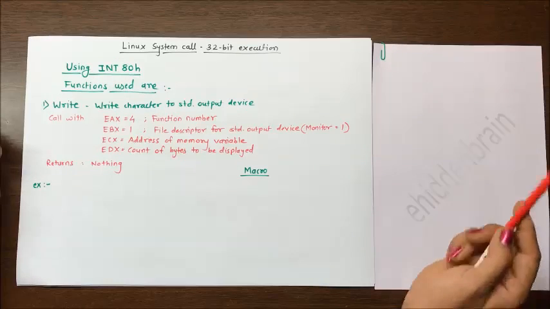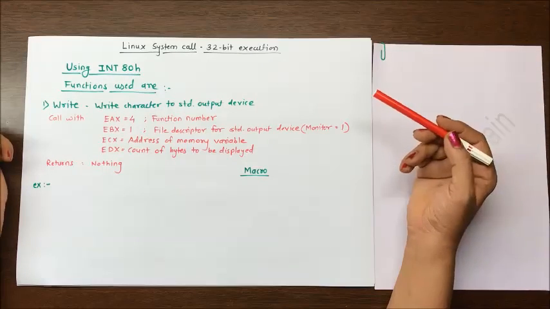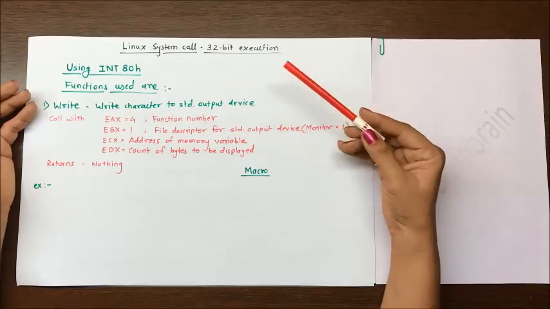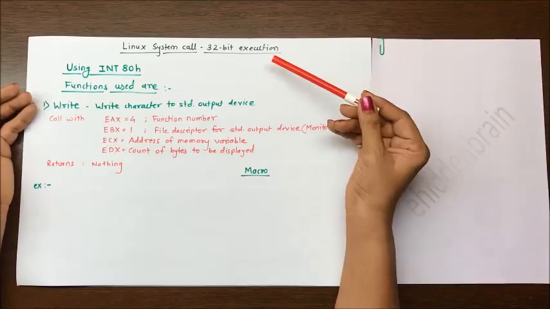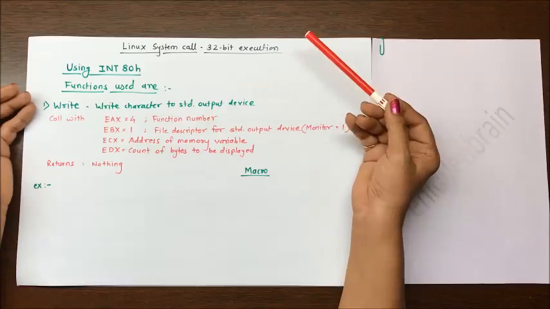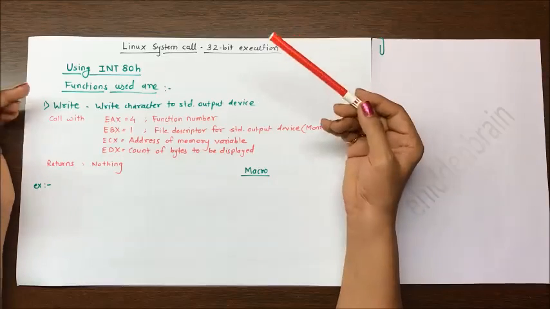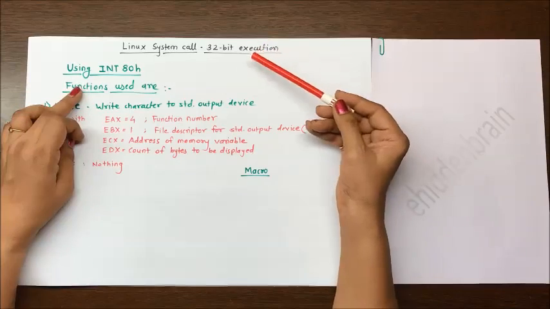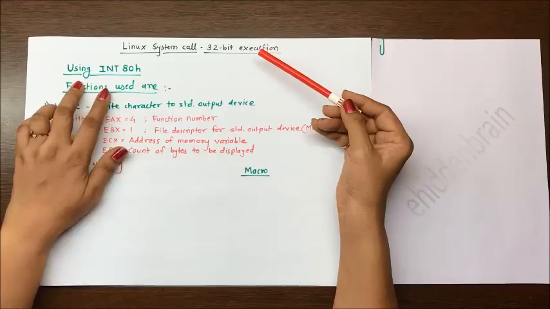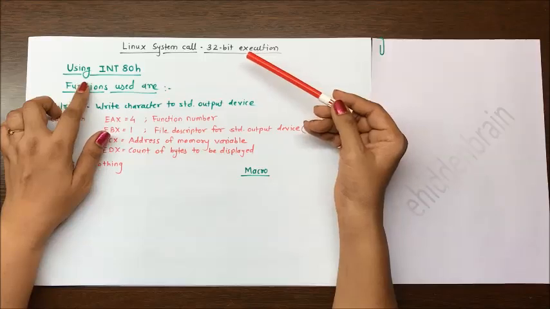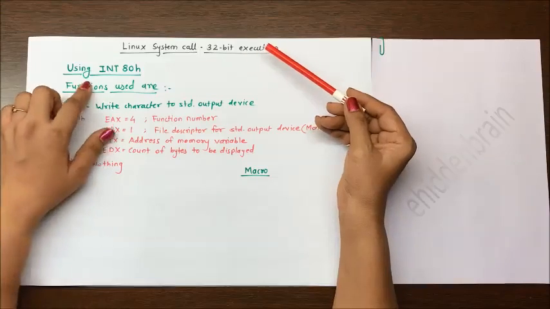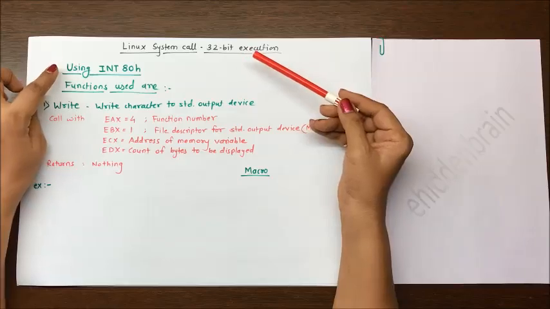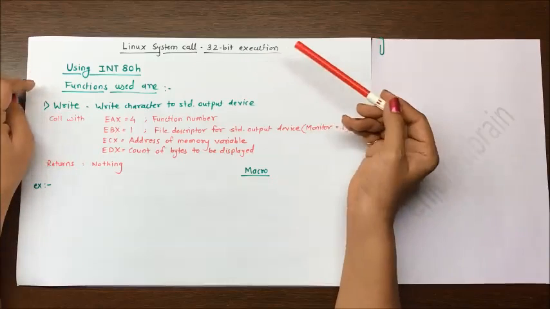Friends, now we will study the most important part of assembly language programming basics, that is the system calls for 32-bit execution of the program and 64-bit execution of the program. First we will study 32-bit execution of the program. For 32-bit we require an interrupt, int 80h. So 32-bit execution is possible using int 80h, which is a software interrupt for 32-bit